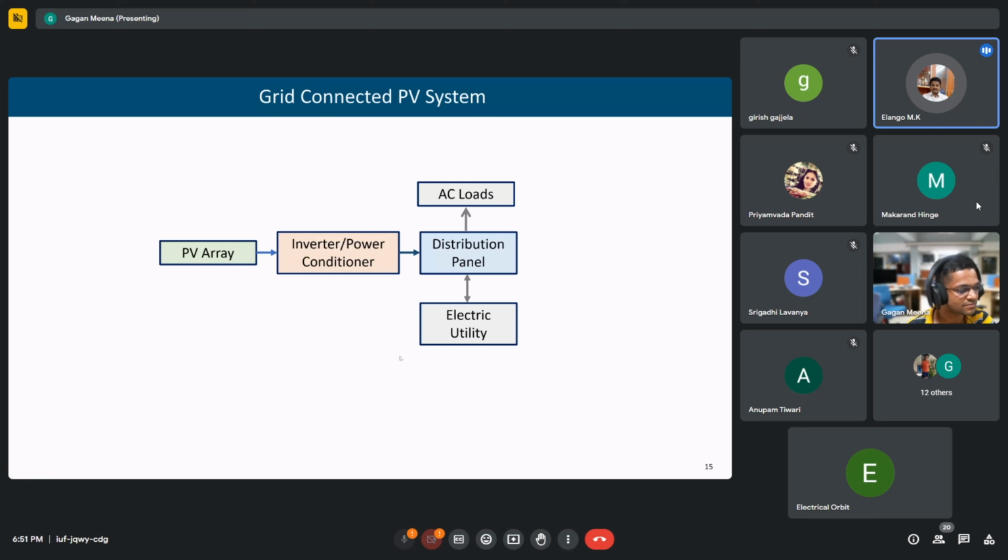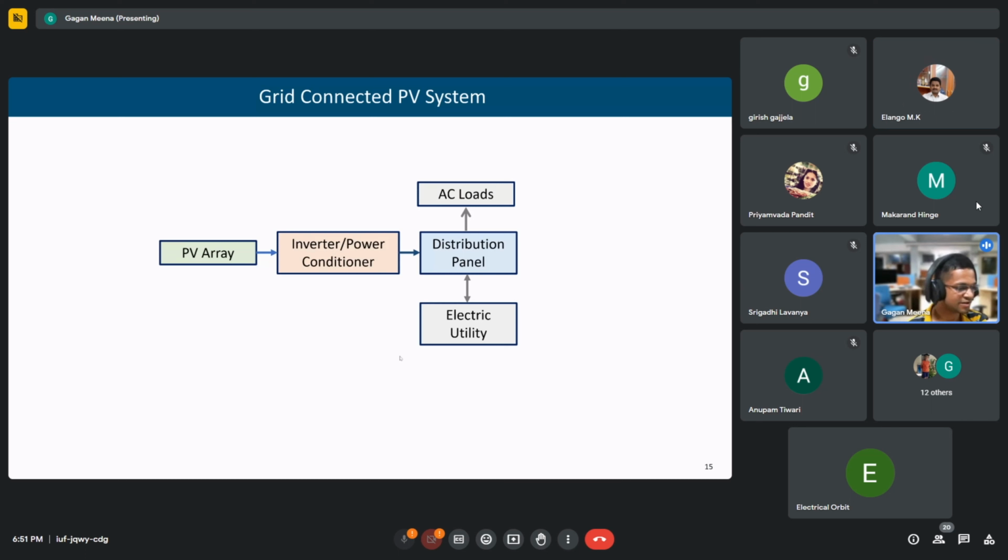So in that case, what methodology are we adopting to synchronize frequency, voltage, and phase sequences? Actually, with the help of an inverter only, we are going to convert DC to AC again, and then it will be supplied. Is synchronization also required in this case, or how is it dealt with? Sir, yes, that will be required.